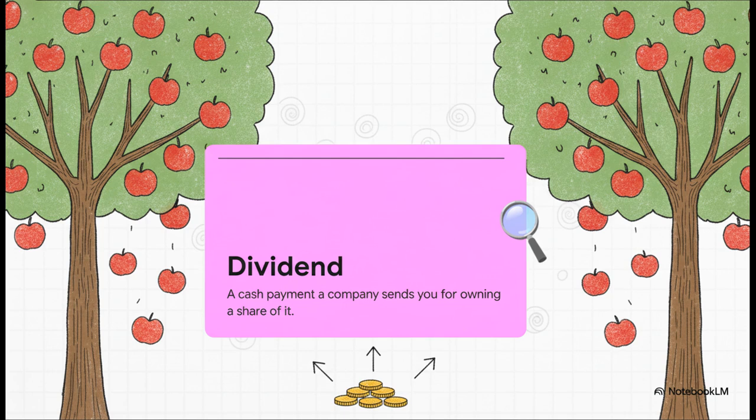I absolutely love the apple tree analogy for this. Just imagine your share of stock is an apple tree. Every season, the tree grows apples. Those apples are the dividends, a portion of the cash flow the company basically sets aside and divides up among its shareholders. And the best part? You do not have to chop down the tree, meaning, sell your stock, to get the apples. The tree stays standing, and the cash just magically arrives in your account.